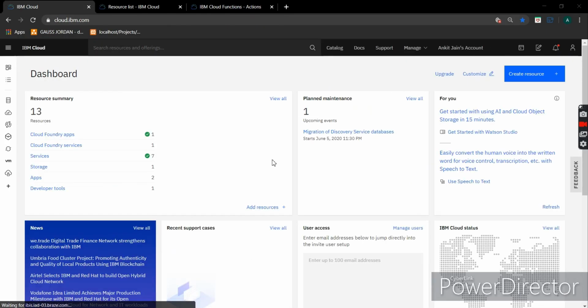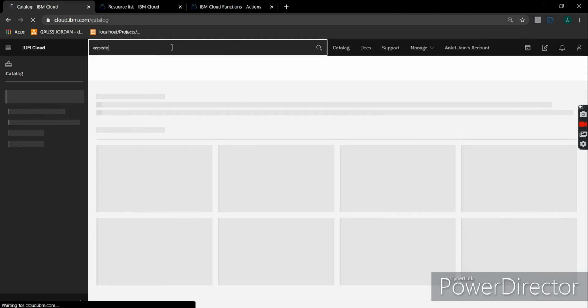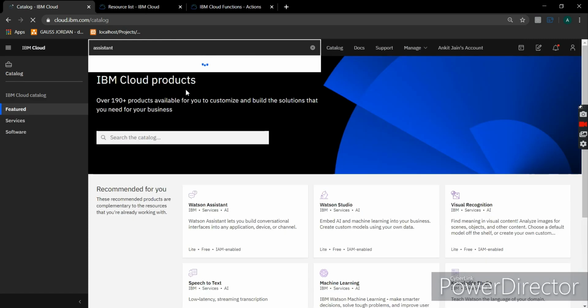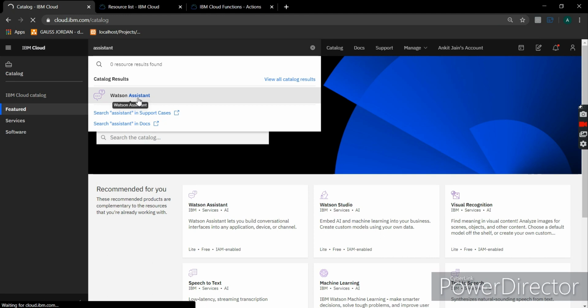In the third step, we are going to add voice to our chatbot using Watson Assistant. So from the IBM Cloud's main dashboard, go to Catalog and search for IBM Watson Assistant. As you can see, the Watson Assistant is showing up.